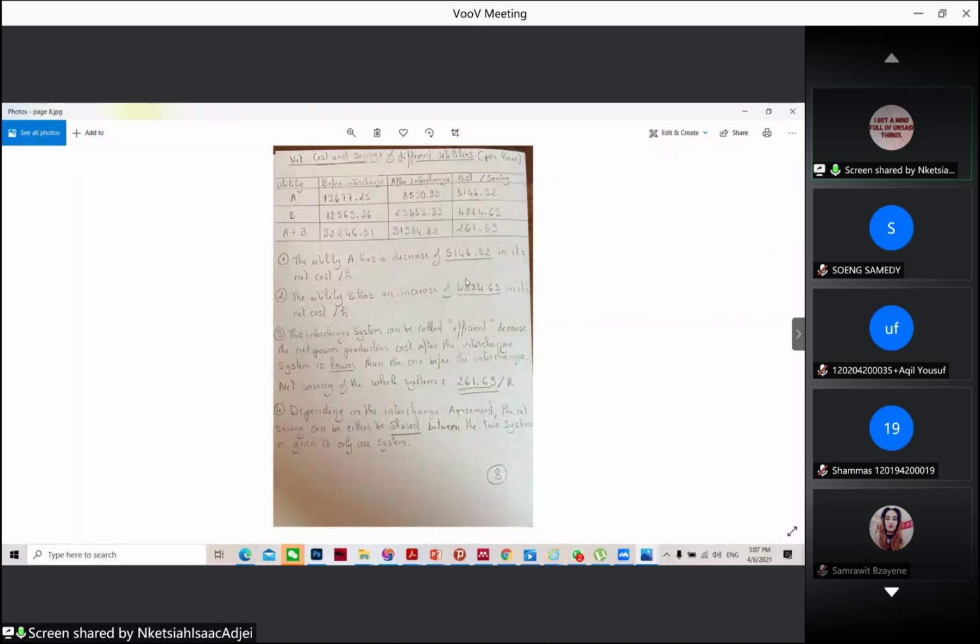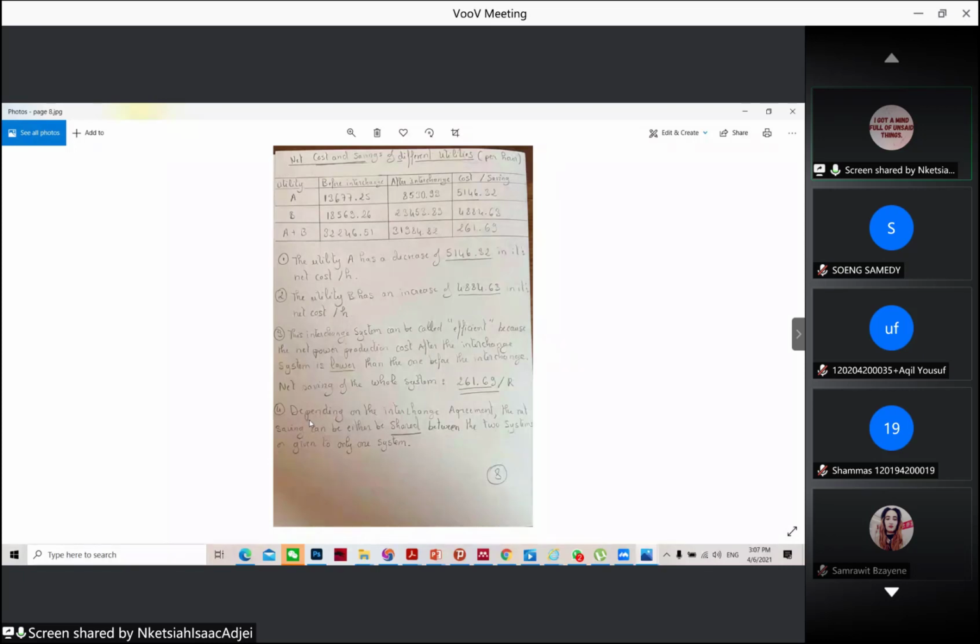So utility A has a decrease in its net cost, and utility B has also had a change, with a total of 4,884.63. This interchange system can be called effective because the net power production cost after the interchange is lower than that of the one we started with. So we have a net saving of